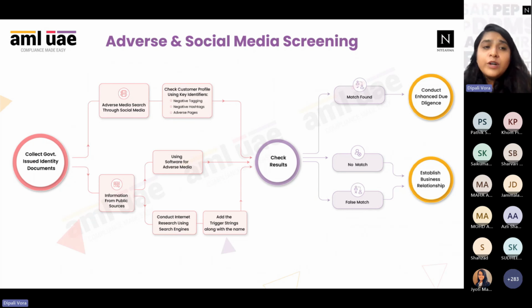If you want to check in the independent sources, there are various keywords that you can use. Like if you want to do adverse media search about me, you can simply write Dipali Gora and you can search for words like launder or convict, fines, kickback. So these are the strings which you can use, and you will be able to find some relevant articles with the combination of my name and those specific words that you are looking for. So that will help you.